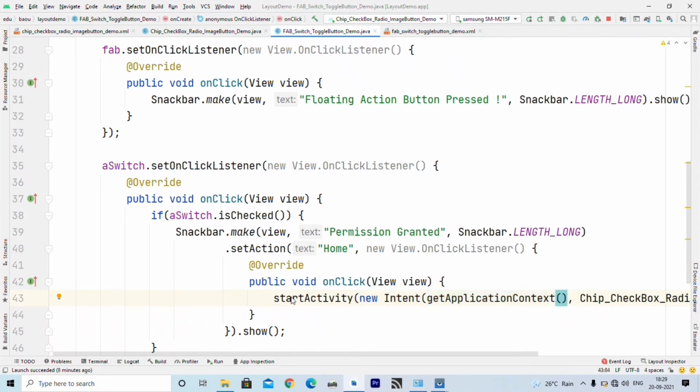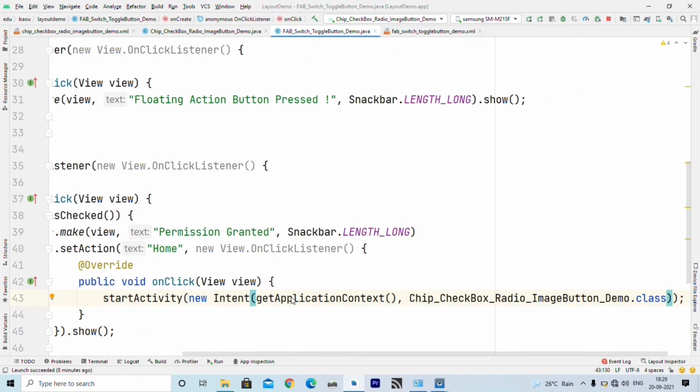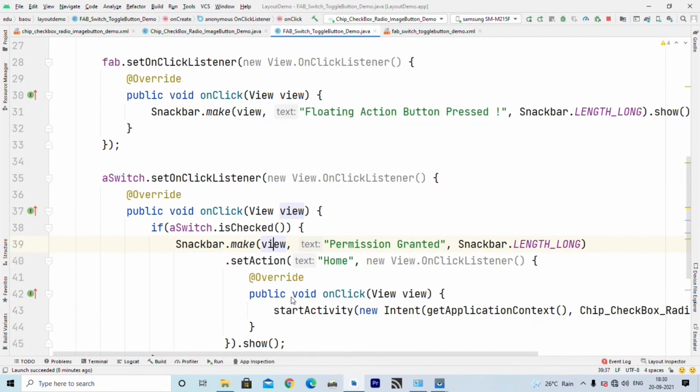The first argument is context and the second argument is this chip checkbox radio image button demo class that we have learned previously. So inside the snack bar I can just display a snack bar or we can display some text, and by clicking on that text the user can start some activity or service or broadcast receiver.